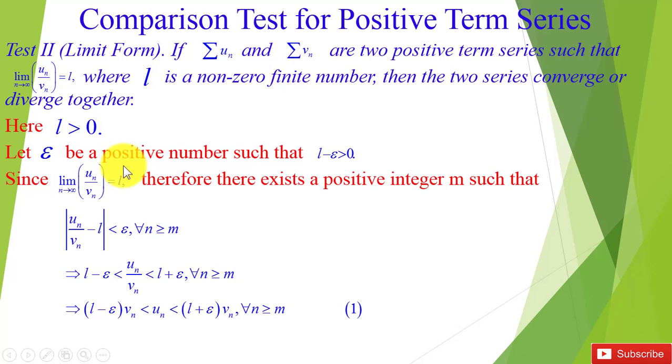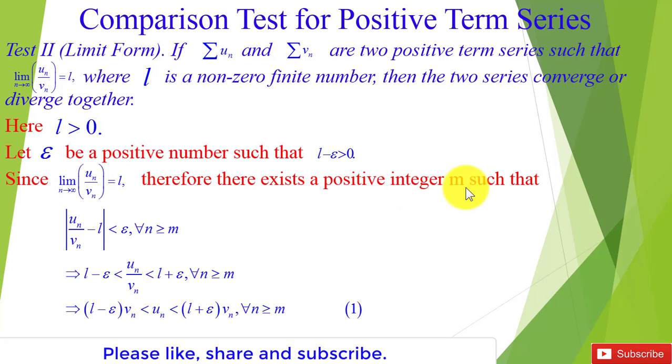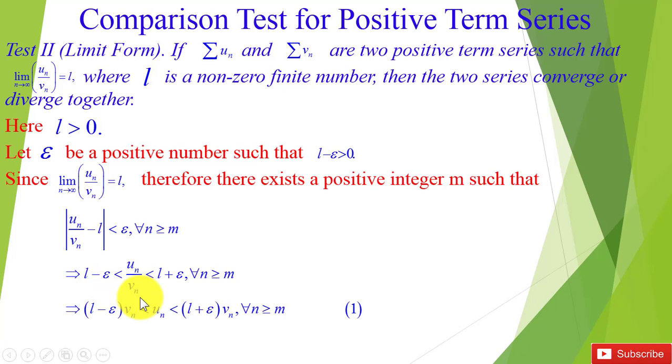Let epsilon be a positive number such that L minus epsilon is greater than 0. Since limit n tends to infinity un by vn is equal to L, therefore, there exists a positive integer m such that modulus of un by vn minus L is less than epsilon for all n greater than or equal to m, which implies that L minus epsilon less than un by vn less than L plus epsilon for all n greater than or equal to m,